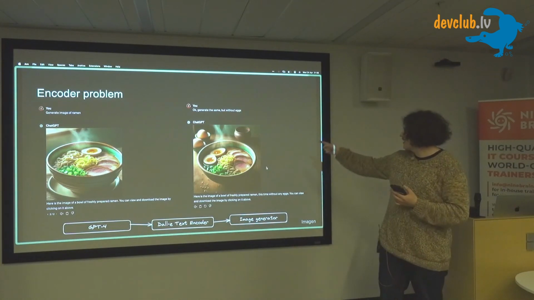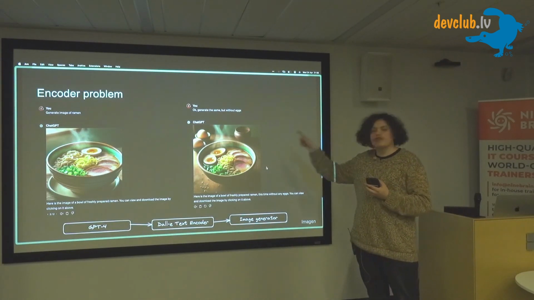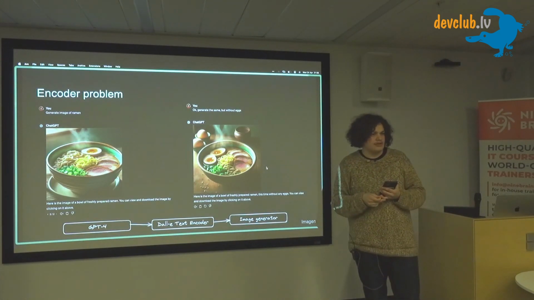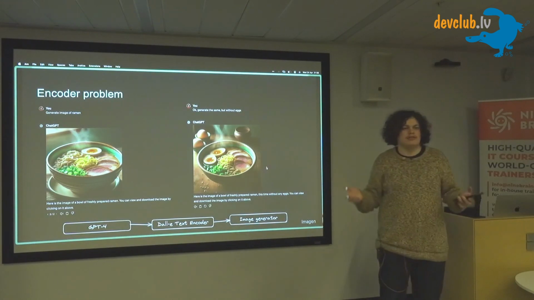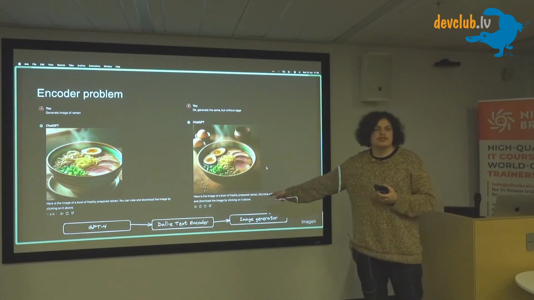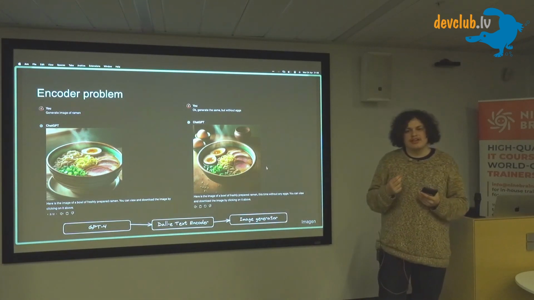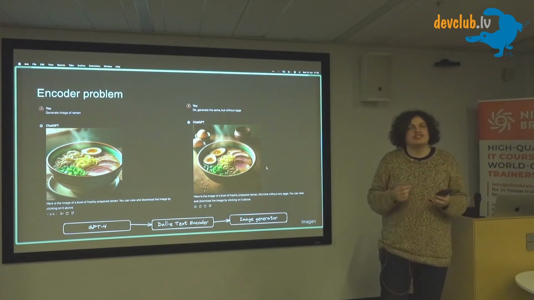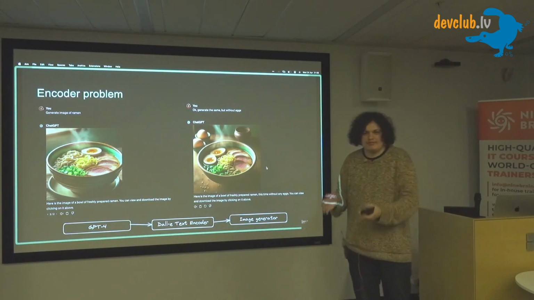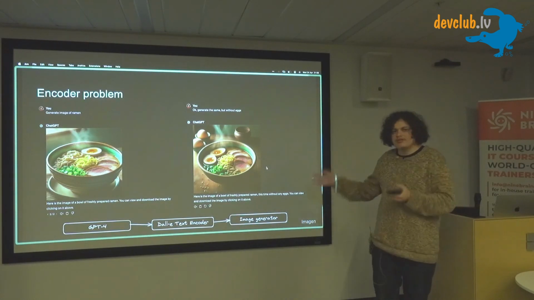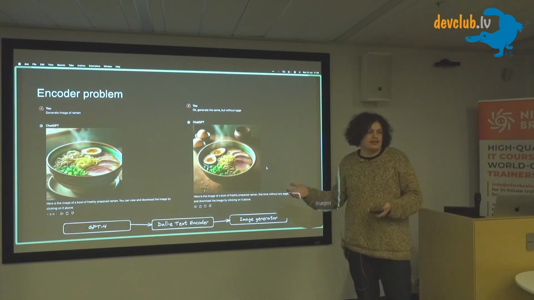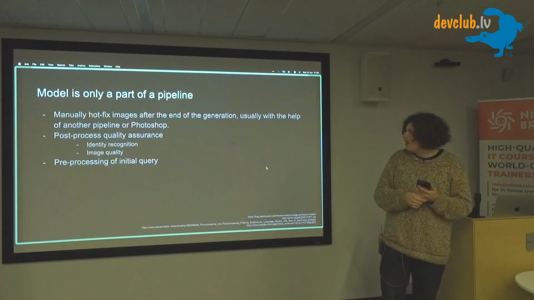So what happened in the second case? GPT-4 is smart and it has written a query: okay, please generate ramen, very beautiful ramen, but without text. And because the DALL-E text encoder is very, very stupid, it cannot understand the negation. It cannot understand the "not". It just sees the keyword "text" and stupidly generates a lot of text, because the text was mentioned in the prompt. You should keep this in mind when you are writing prompts for models like GPT-4 or some open source models, etc.